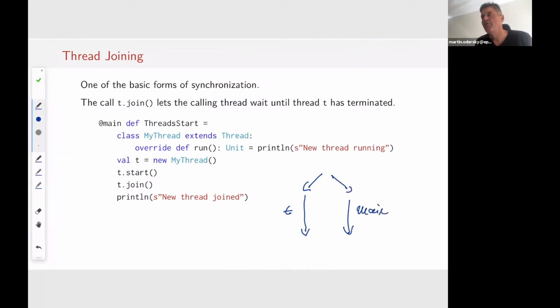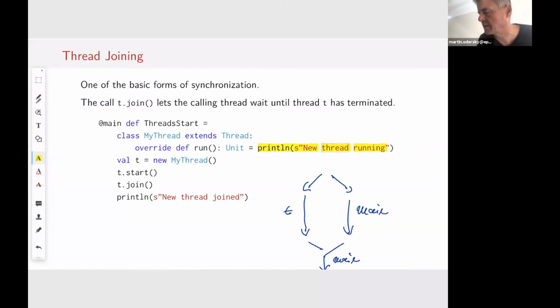Will they be concurrent forever, or is it possible that the main thread will continue and that thread will terminate? Threads terminate, of course. If this thread has printed, then it's done, so it can terminate. But the question is, can the main thread actually observe that? Can the main thread say, I wait until my thread is terminated?